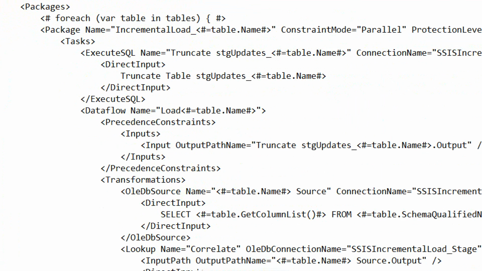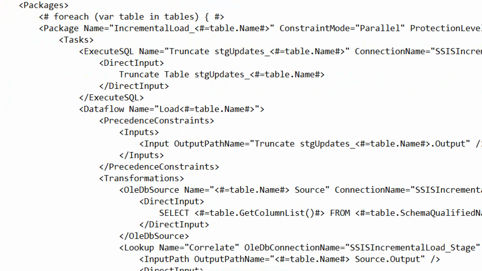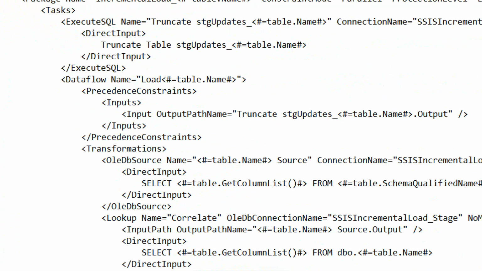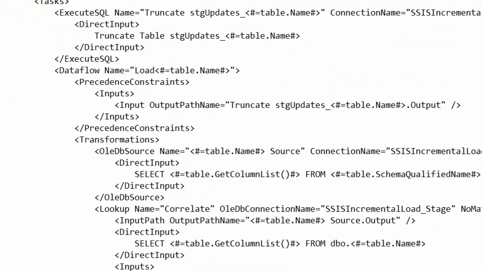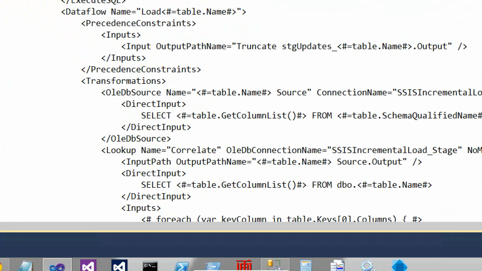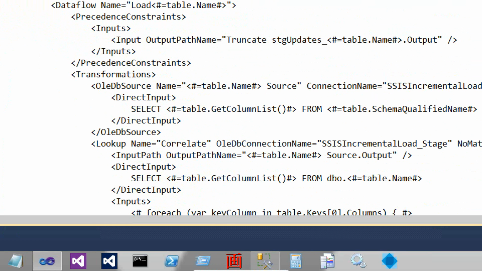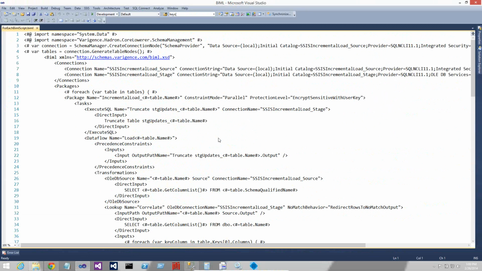But you can see exactly what's happening. There's our truncate, and it's starting with the truncate stage updates underscore whatever the name of this particular table is. Remember, we're going through a loop of for each table in the collection of tables, so it's going to pull that table name out a lot and reuse it. It gets down here. I want to bring this up and highlight it when we get into the data flow,